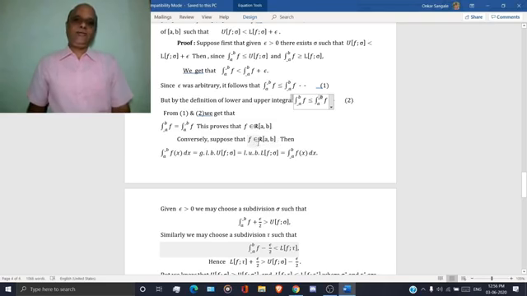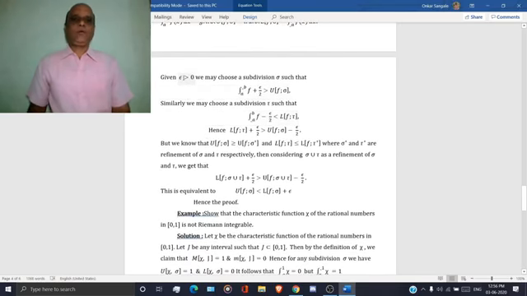Now as f is a Riemann integrable function, it is clear from the definition that the upper integral is equal to the lower integral. Here we have put the bar below the limit of the integration, so the upper integral of f(x) dx is by definition the greatest lower bound of the upper sum for function f corresponding to subdivision sigma, which is equal to the least upper bound of the lower sum for function f corresponding to sigma, which is equal to the lower integral a to b of f dx.